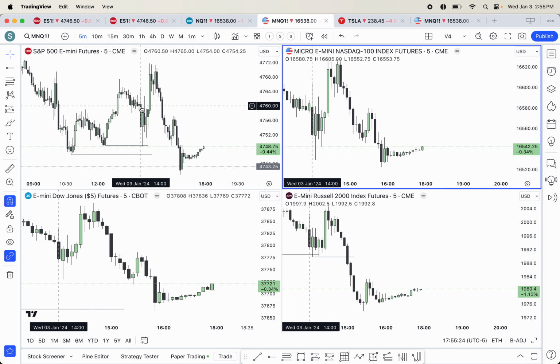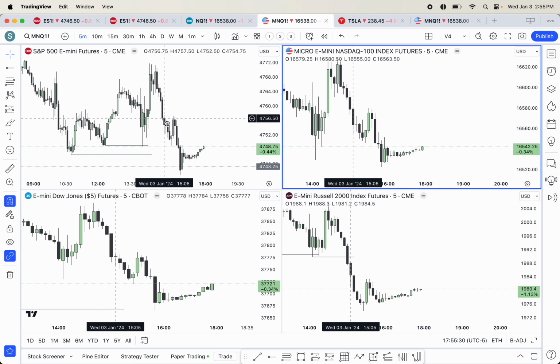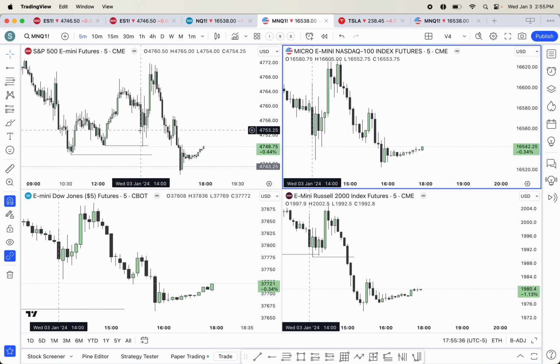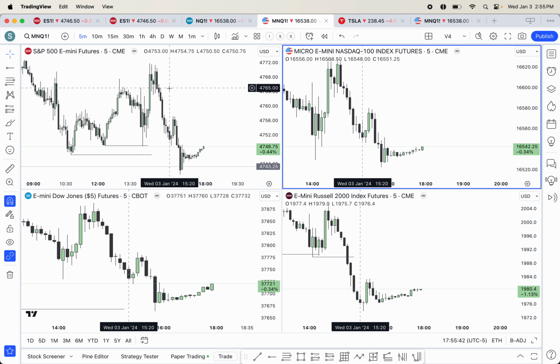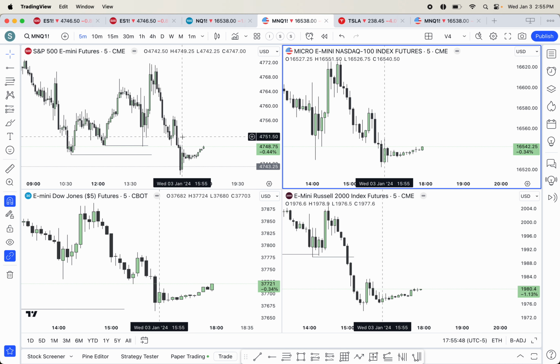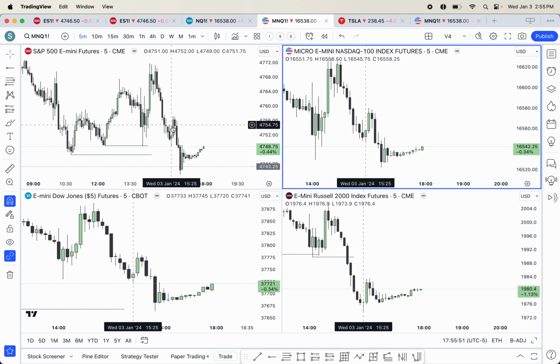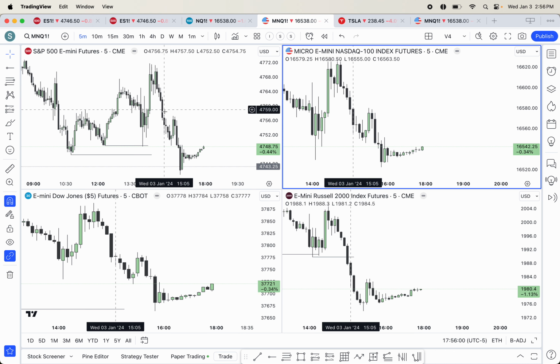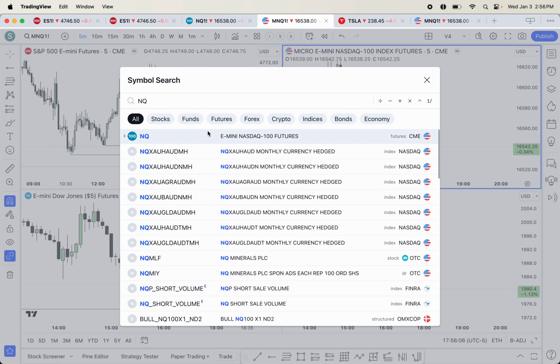So this was the FOMC minutes news release, took out this liquidity, price moved up, and then came back lower for my initial target. I would have preferred if the FOMC minutes event took sell side and went as low as this, presenting an opportunity for a long. I would have taken it. It would have been a decent low risk buy from there, but the idea was the bullish fair value gaps, a lot of the bullish PD arrays were not holding, and we now wanted to see price going to sell side liquidity. So if I turn this back to NQ, right,